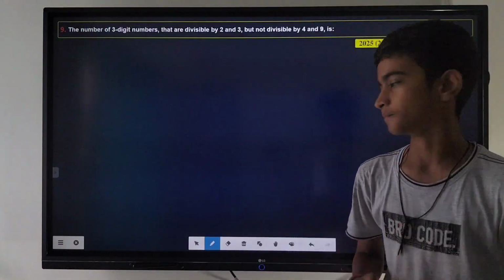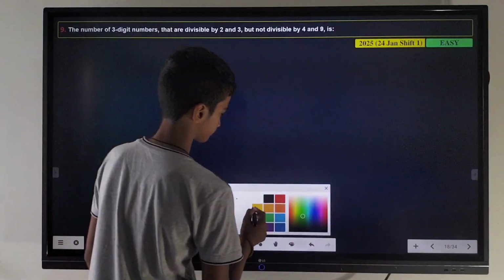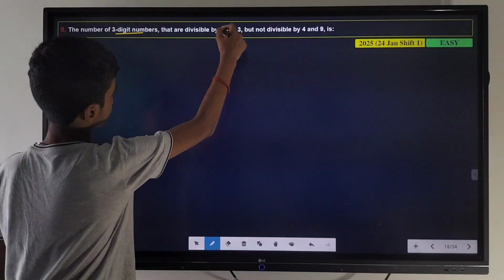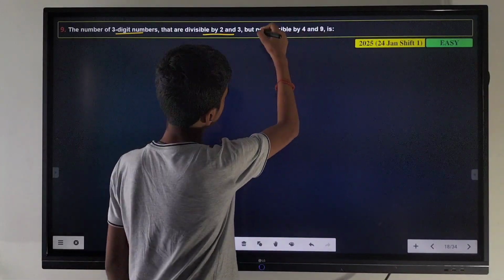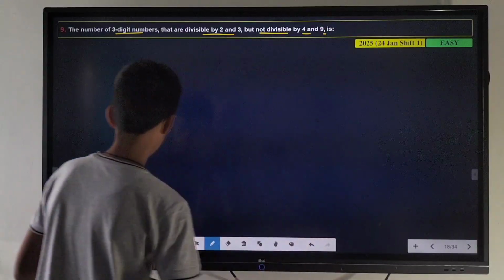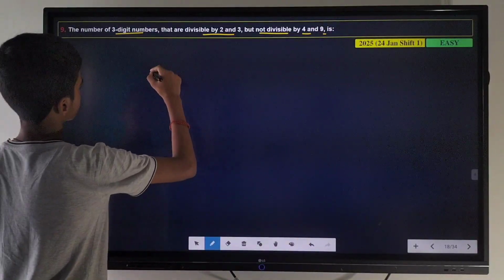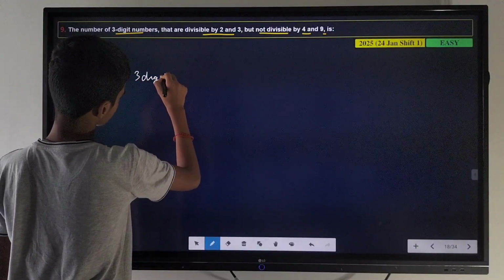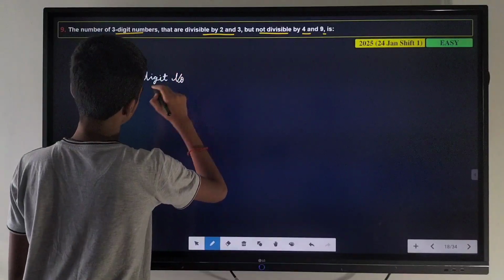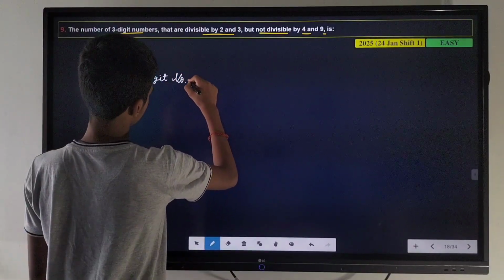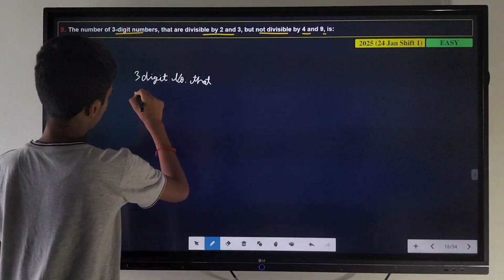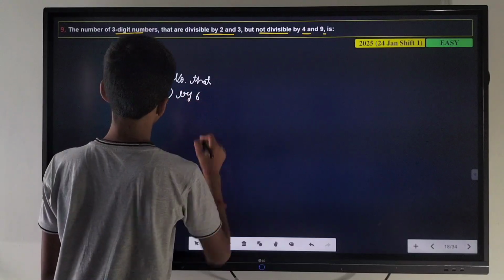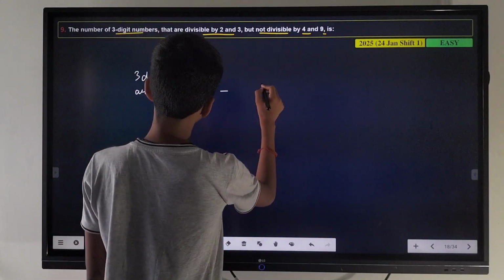Here is our next question. Now our question says the number of 3-digit numbers that are divisible by 2 and 3 but not divisible by 4 and 9. So our required numbers are 3-digit numbers that are divisible by 6 minus